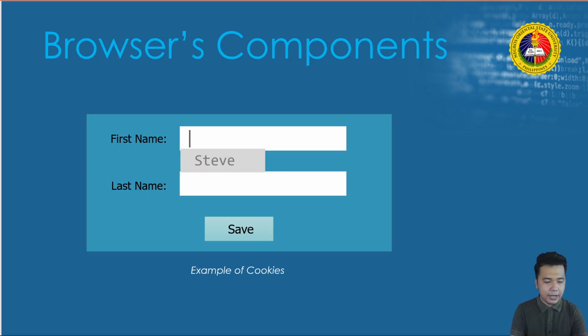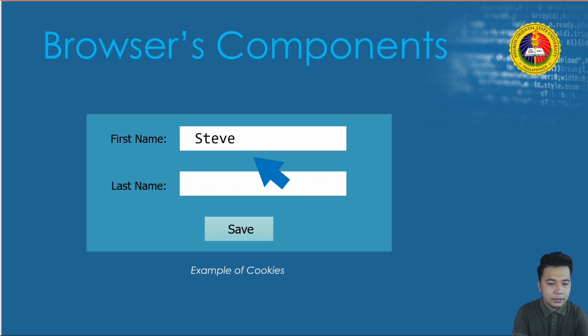Again, if you entered, let's say, Steve on the first name previously, and then you saved and reloaded the page, when you type in the first name again, the previous entry will be displayed as a drop down suggestion. So you can either type a new entry, or you just have to